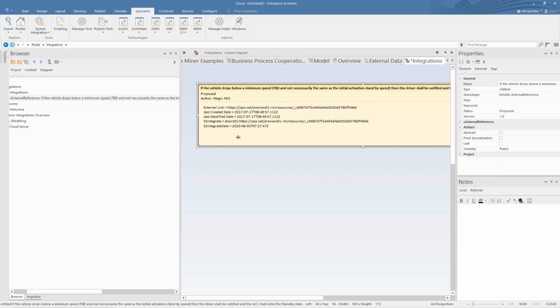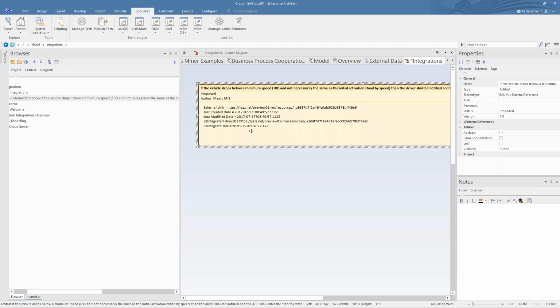What you can also see is that this SS integration, meaning Sparx Systems Integration, has a prefix to the link. This is also something you can configure that has to do with this mechanism, how these elements are named and how the unique identifiers look if you would have different